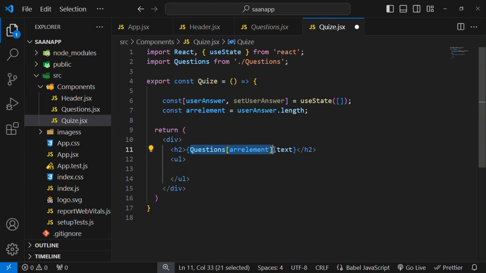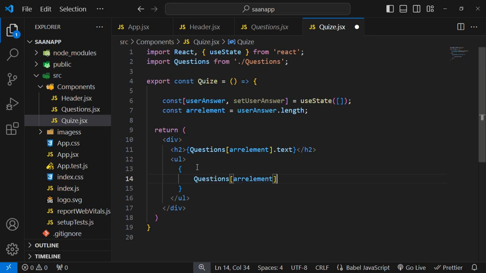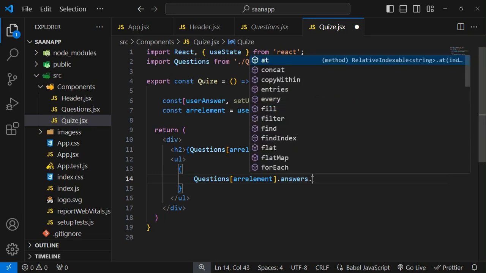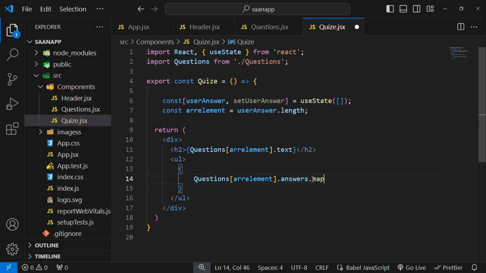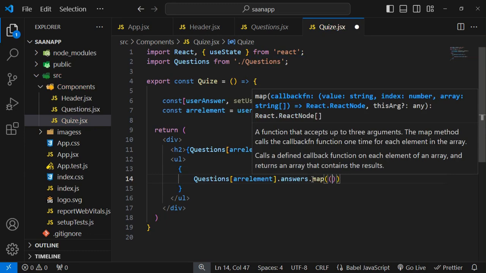Just press Ctrl C, and inside these curly braces I have to paste it dot answer, and now I am going to point out to that answers. So I am just taking here map array function,